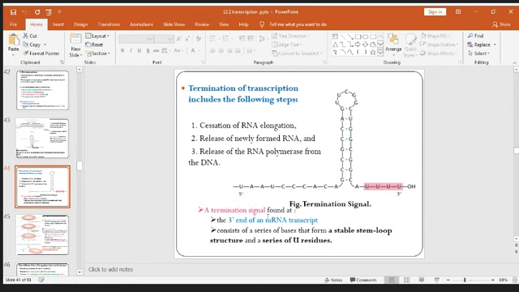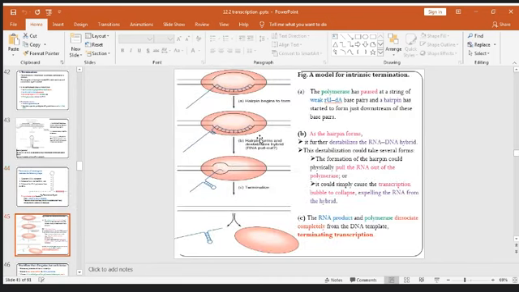So this is responsible in the intrinsic case, whereas extrinsic is called rho dependent. Still on intrinsic, we are looking at the model for intrinsic termination. The polymerase has paused at a string